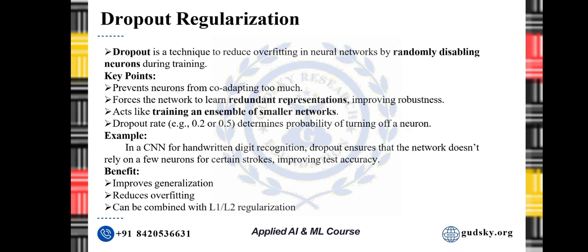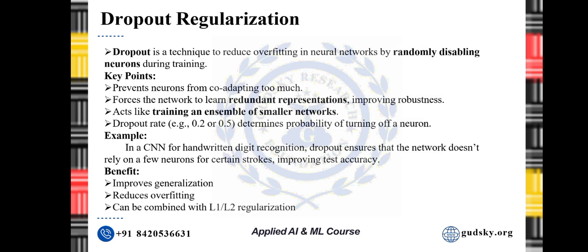And dropout regularization, one of the most famous regularization techniques used in neural networks. Dropout works by randomly turning off some neurons during training. Why would we do that? Because if every neuron always depends on others, they become lazy, right? So they memorize together instead of learning independently. By turning off random neurons temporarily, we force the network to learn multiple pathways to reach the right answers. You can imagine it like teamwork. If one player sits out, others learn to handle the game themselves.